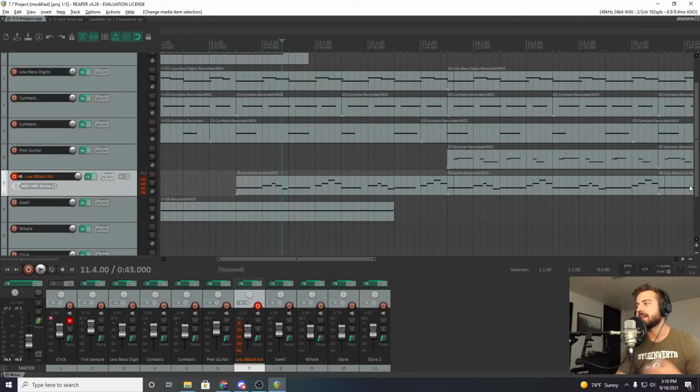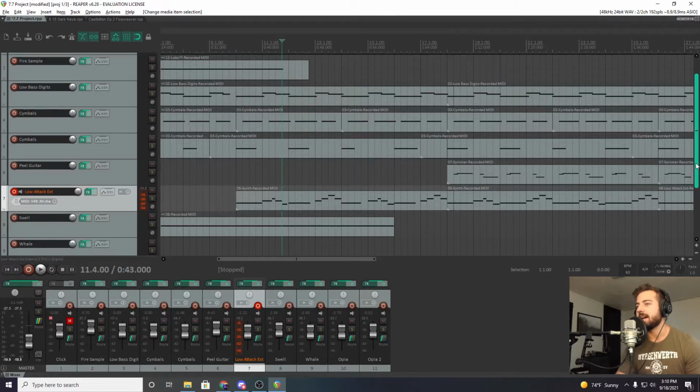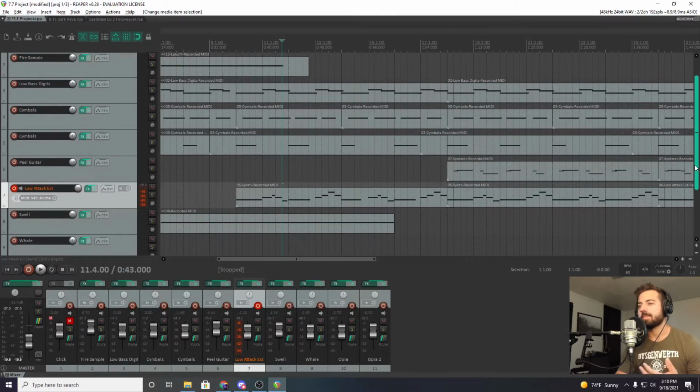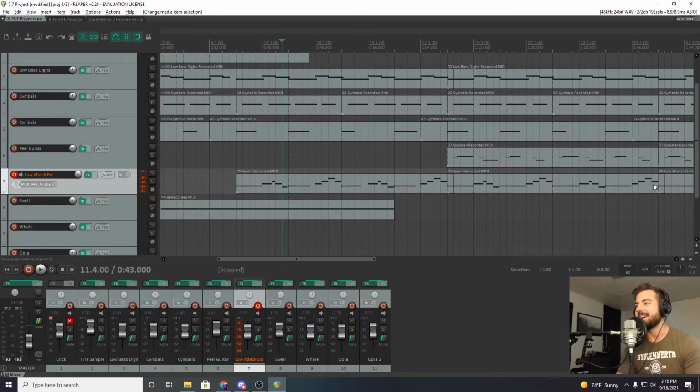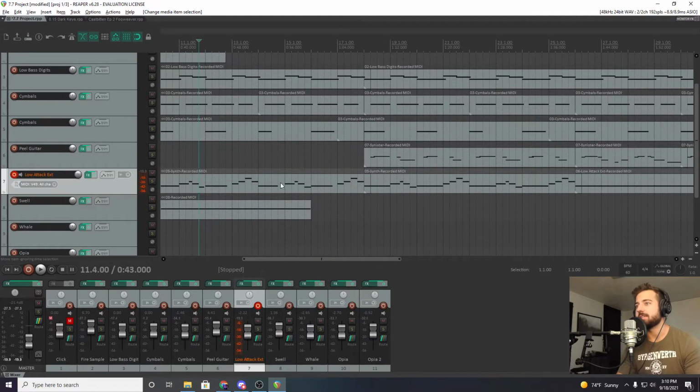I think that with this kind of creeping dread that the song had, it's nice to have that repetition. I think it adds to it, but you don't want it to get stale. You don't want to just repeat the same thing multiple times. And I think a lot of newer musicians fall into that pitfall, especially with this genre maybe.